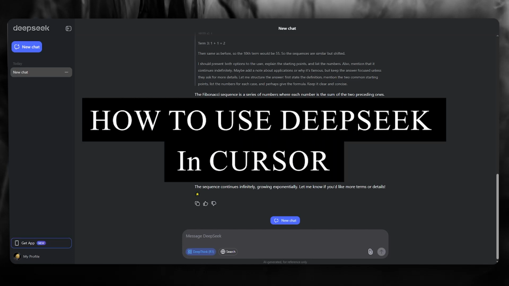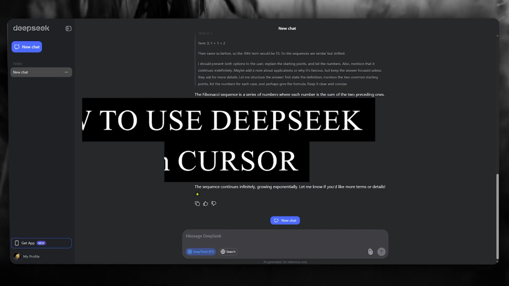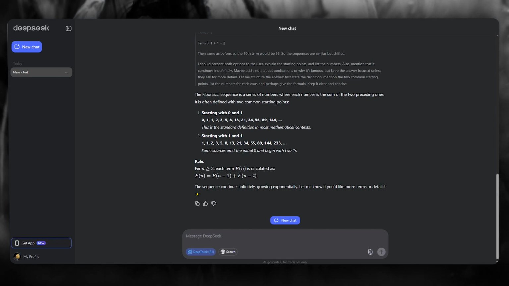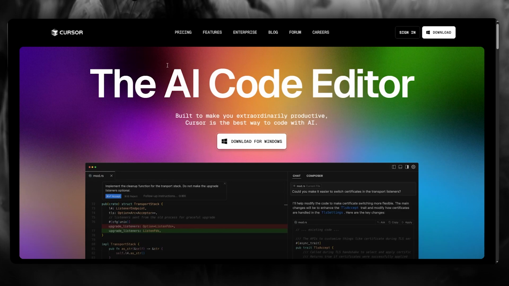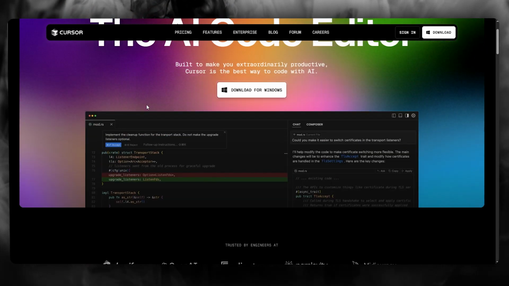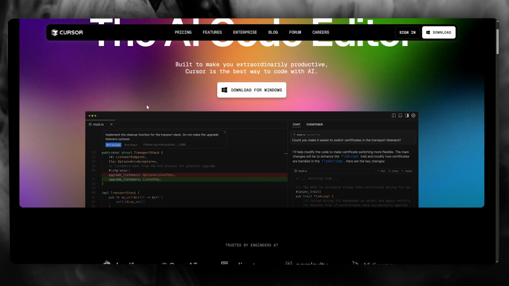How to use Deepseek V3 in Cursor 2025. In this video, I'm going to be talking to you about Deepseek V3 and how you're going to be using it in Cursor. It's quite simple. Cursor is basically an IDE that you can use to build any type of code application